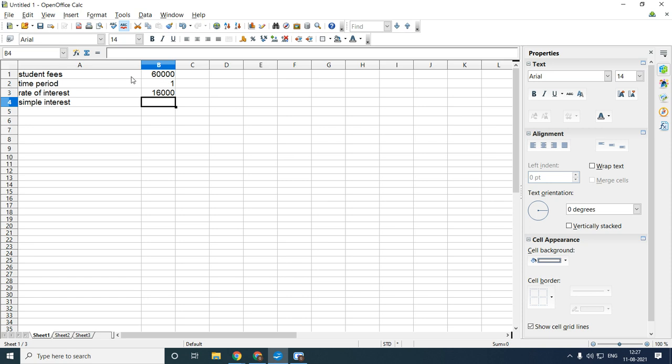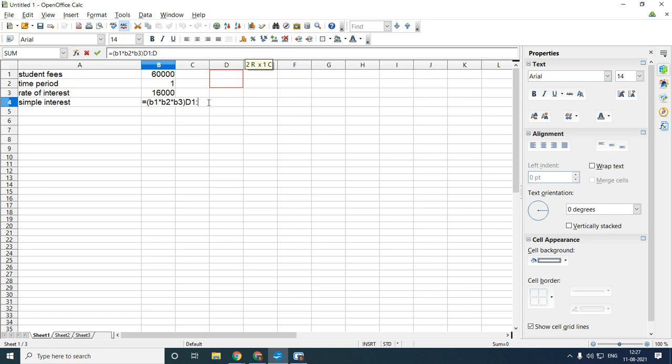This is in the B column and second row, so we write B2 and B3. So the formula is equal to B1 into B2 into B3. Close the bracket. Why am I taking B1 into B2 into B3? Because where all the values are present, those values I have to multiply.